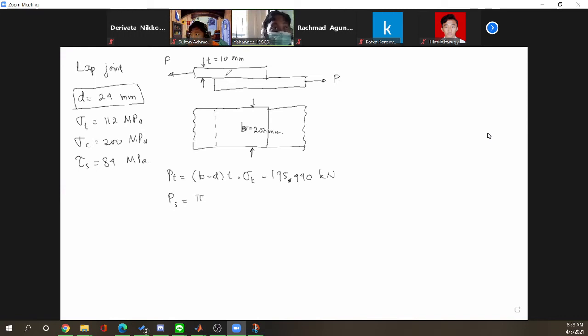Because we use a single lap joint, only a single shear area we have here. That is pi over 4, the diameter squared, times the shearing strength of the rivet material. And here we have